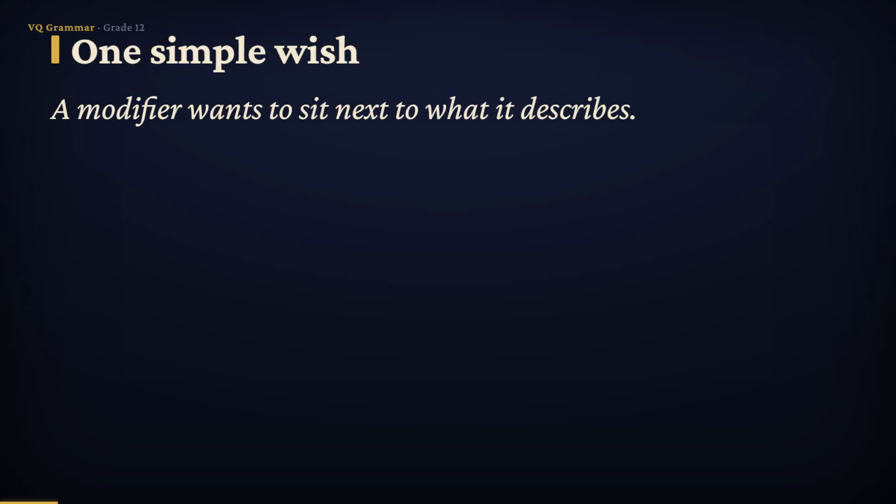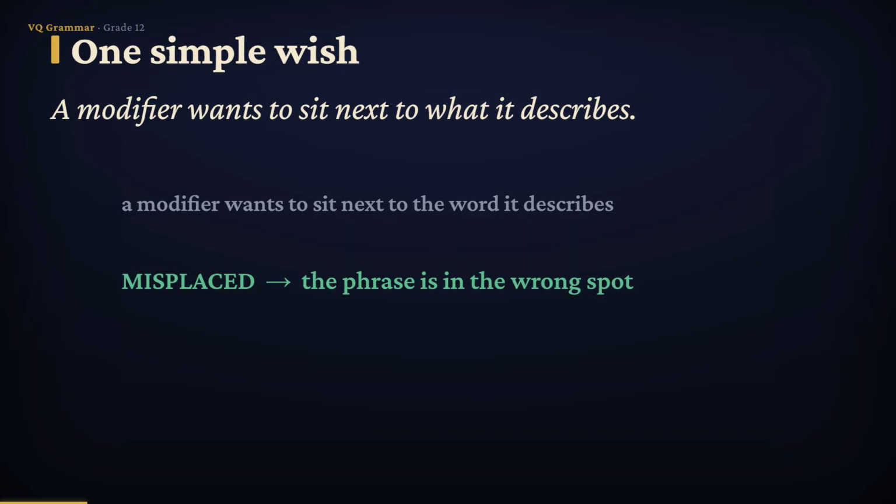Let's dig in. Here's the whole idea in one breath. A modifier is a word or phrase that describes something else, and it has one simple wish: to sit right beside the word it describes. Everything today grows from that. When a describing phrase lands in the wrong spot, we call it misplaced, and it ends up describing the wrong word. When an opening phrase has no doer to attach to, we call it dangling, and it grabs whatever noun